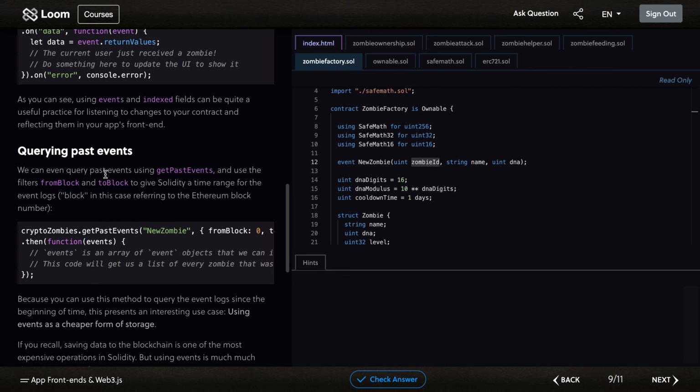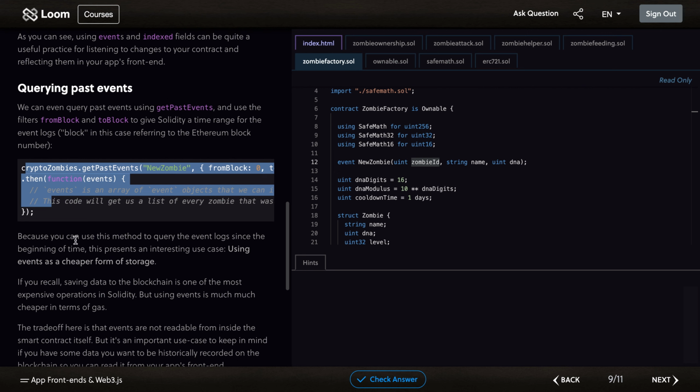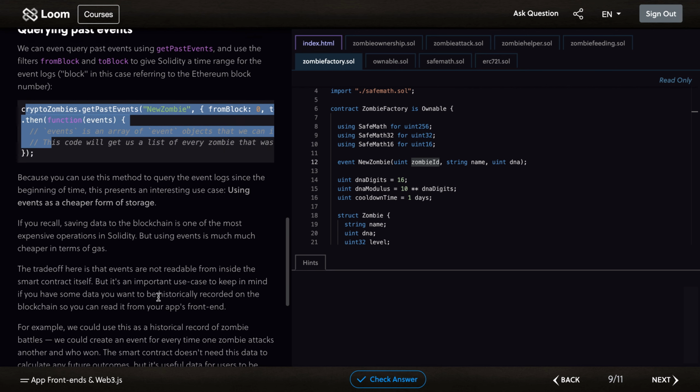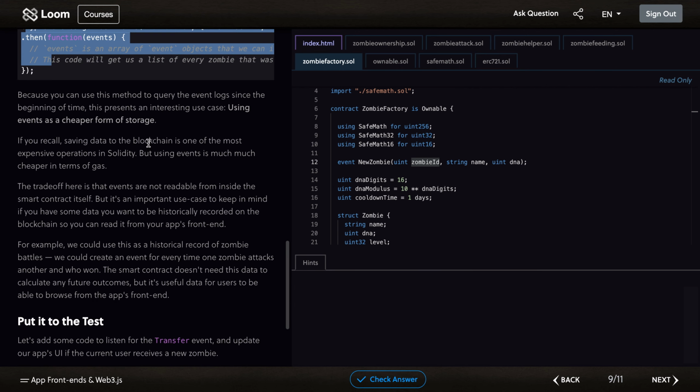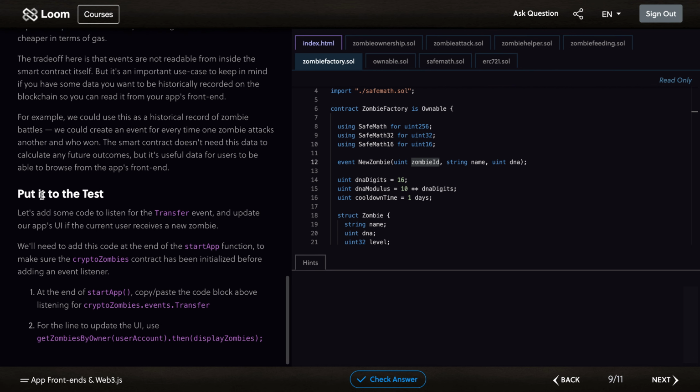We can also query the past events by using this. Because you can use this method to query the event log since the beginning of time, this is a cheaper form of storage. Because if you save the data to the blockchain, this is very expensive. So this is better to, for example, use as a historical record of zombie battles, and we could